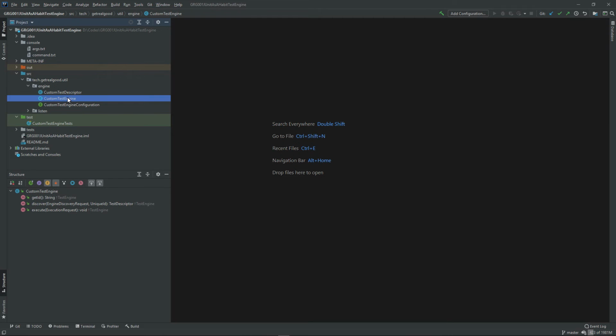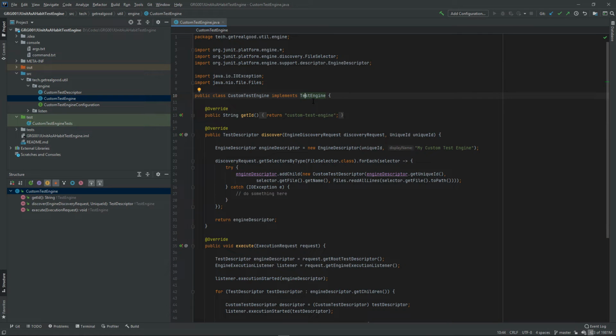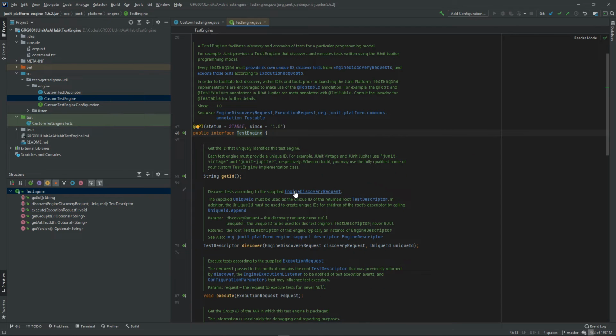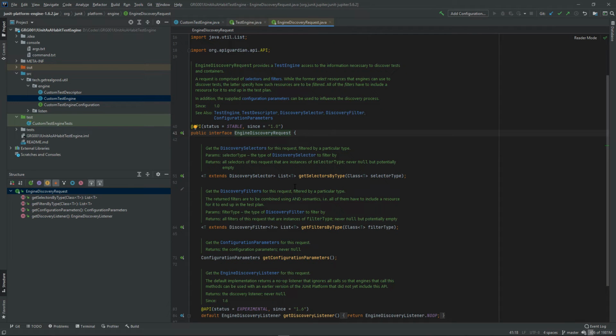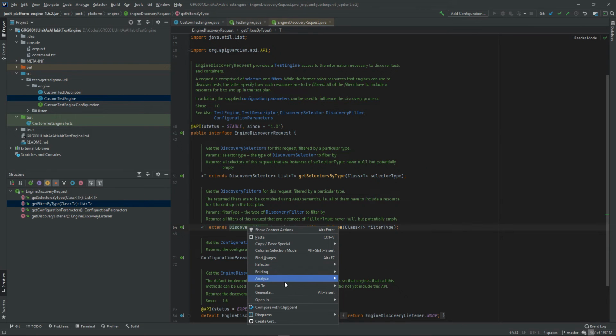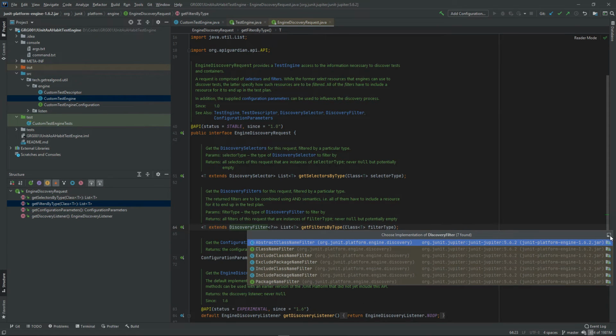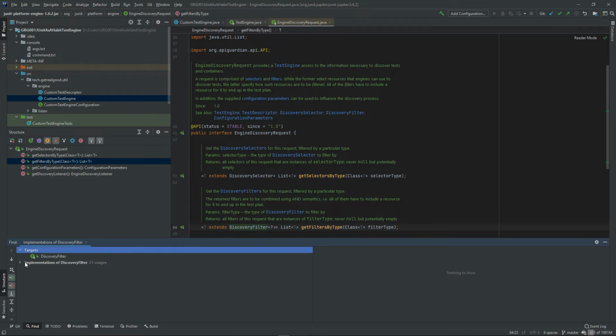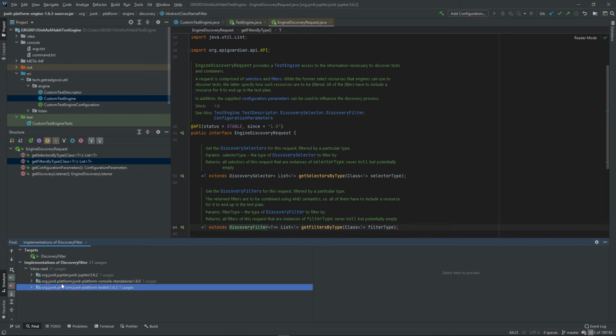Alright, in this video clip we're going to open custom test engine, go to test engine, go to engine discovery requests, and we're going to set our sights on the discovery filter interface. Right click on it, select go to implementations, Ctrl-Alt-B, click here, and we get it as a docked window. Alright, in all of these three locations it's exactly the same,